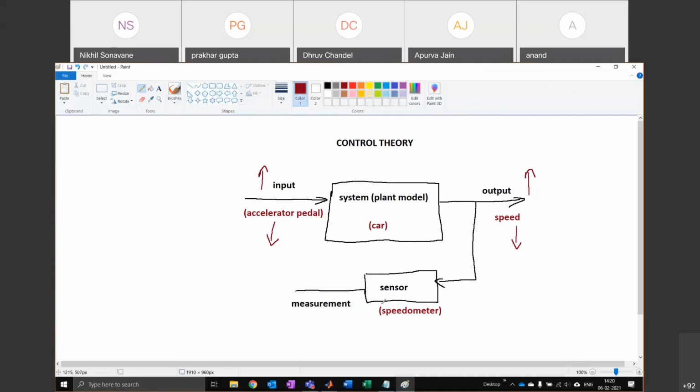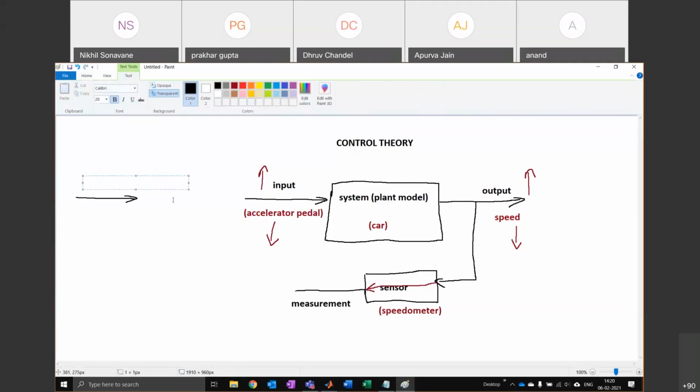Sensors, we always have sensors, they're never perfect, but right now we will just assume a perfect sensor. So my signal is going to go straight through. I'll just assume it's measuring everything perfectly. Okay. Now let's think about it. So I have a signal which is a demand value.